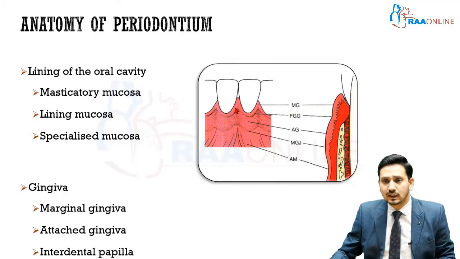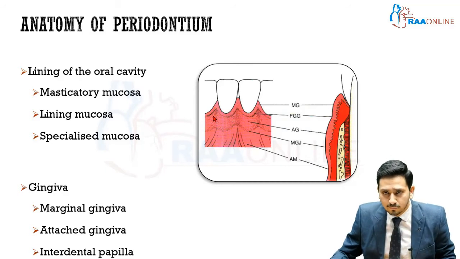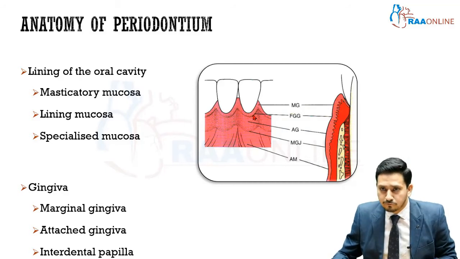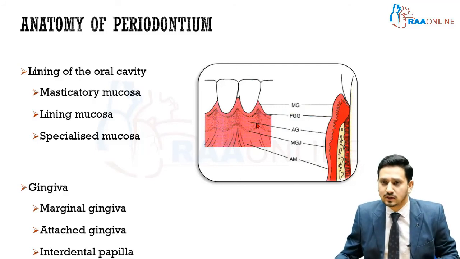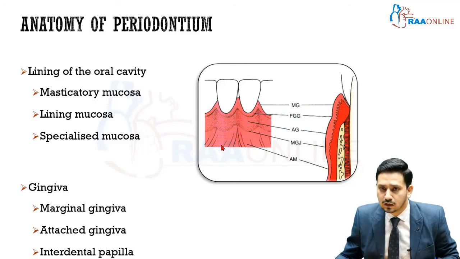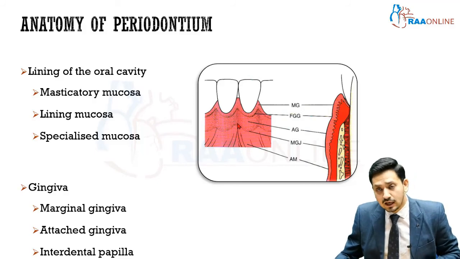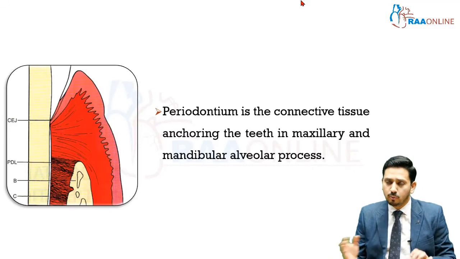So please keep in mind that these are the most important types of gingiva. You have your marginal gingiva, your attached gingiva, and your interdental papilla. These are the parts of your gingiva. So we saw about